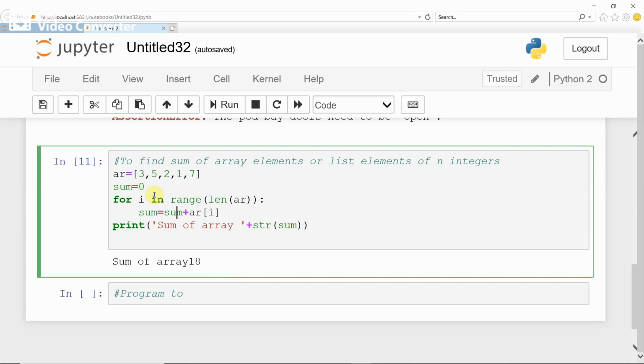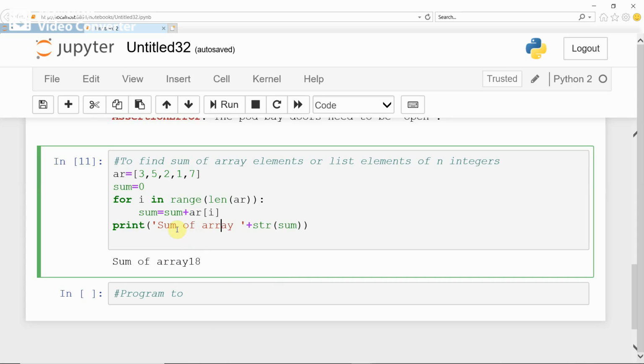Now the second element, when i equals 1, ar of 1 becomes the second element, and it will be added to sum. Like that till length minus 1, ar of 4 is 7. 7 is also added to sum. All the elements will be added to sum and you get the sum of all array elements.